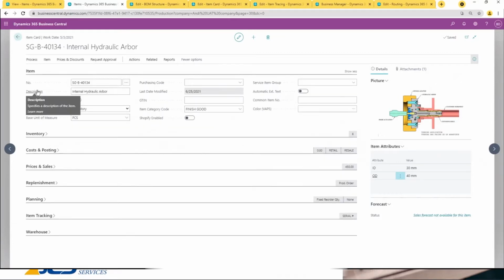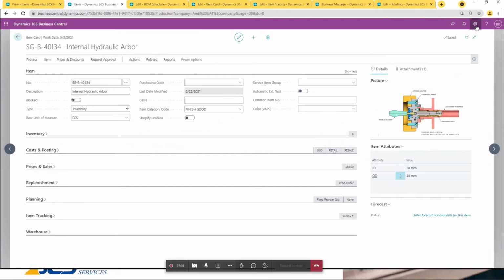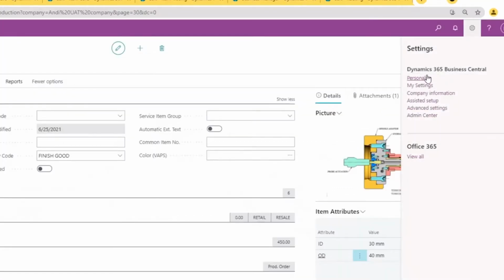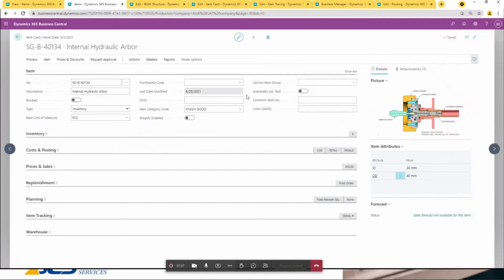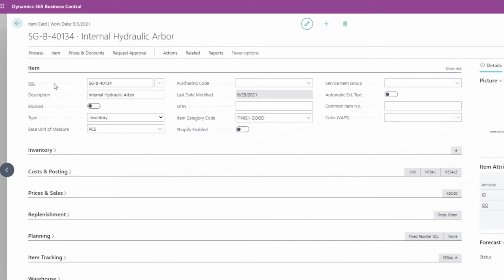You have different fields. You have the option to keep all those fields. There are many other fields. If you want to personalize your page, you can do that. If you do not want to view some fields and want to hide them, you can do that by using personalize. The number, which is a unique number for the part,